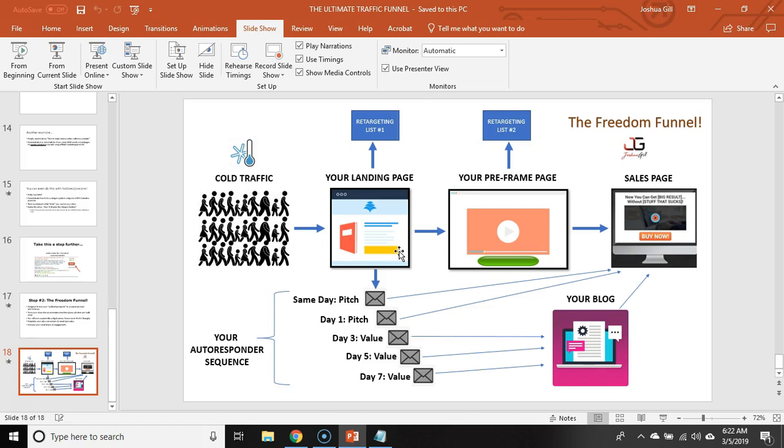The perfect funnel, and the story of how, if you've seen the first video, I was just sending cold traffic to the company's sales page and how that didn't work. And then I came up with a freedom funnel, and I actually learned this within 4%. I can write content or do a video and post it on my blog. And then I can take that blog and market it to this retargeting list. And I can have a message saying, listen, how I